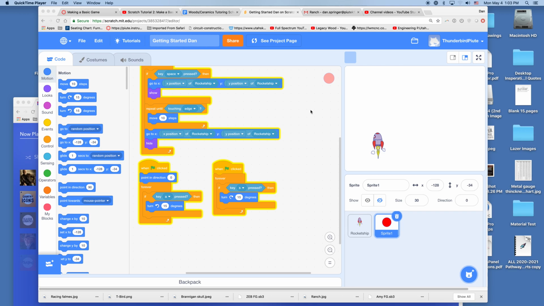Welcome to step 3. At this point you have created a rocket. It flies around with your arrow keys as well as shoots, and you can rotate it and the bullet will shoot wherever you're pointing. Okay. The next thing we need to do is